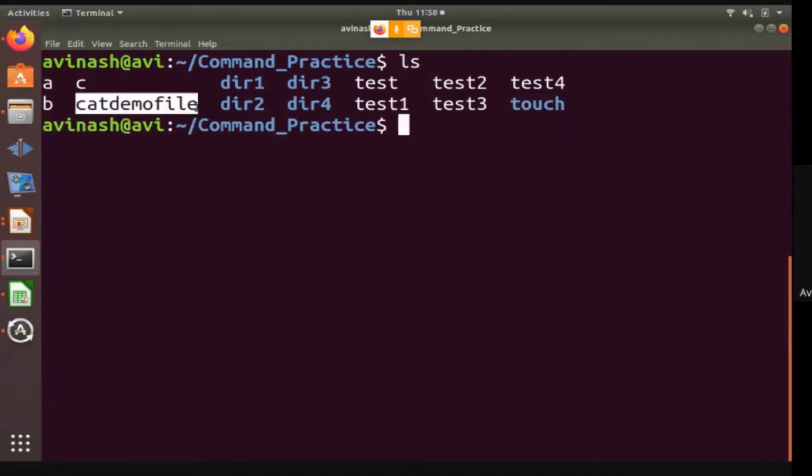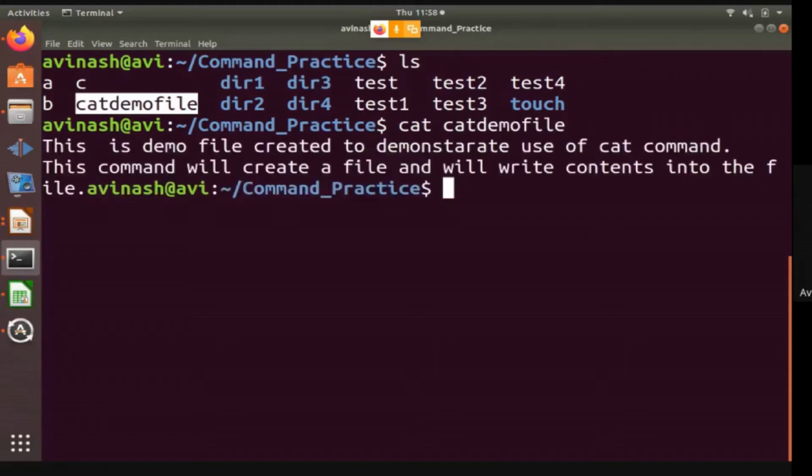Now I want to check the contents of this file, whether whatever we had written into the file is actually saved or not. To do this, use the same command, that is cat, but without the redirection operator. Cat and cat demo file, and it will display the contents of the file.